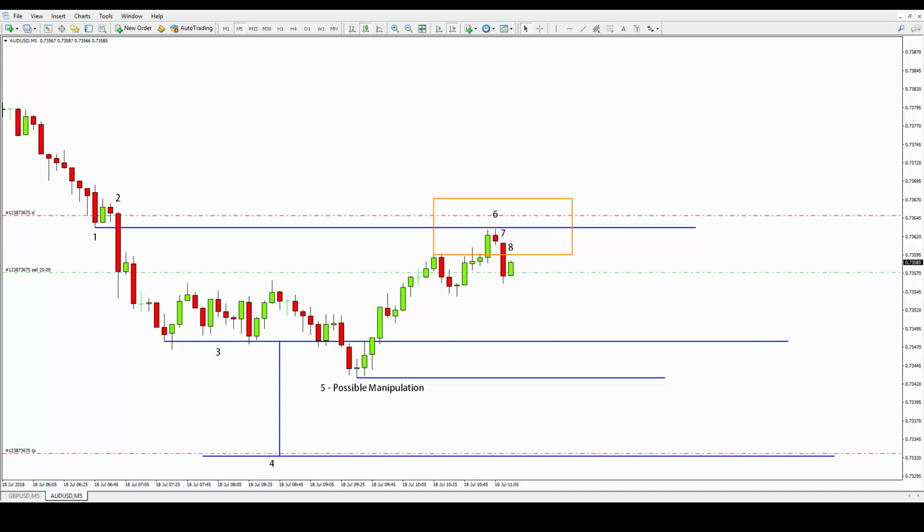In number 1, we have a horizontal support line that is later zoomed by the candle marked in number 2, which turns this line into a resistance. Notice how candle 2 zooms the line with a considerable amount of power. This is not just a simple line shifting from support to resistance. Due to the way candle 2 zoomed the line, we can consider this as a point of ignition, or a level where sellers are ready to show up again, as it happened a few moments before this sell position was